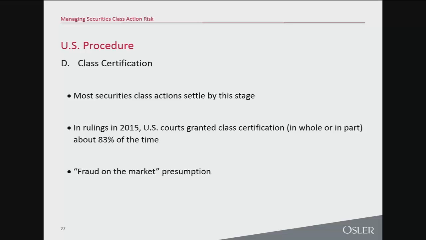And that's because, as a practical matter, if the court doesn't certify a class, it's economically implausible for either the plaintiff or plaintiff's counsel to go forward on an individual basis. Typically, even a large institutional investor will have tens or hundreds of thousands of dollars worth of potential damages at the top end, whereas trying one of these cases for the plaintiff's firms will cost them millions of dollars to go forward. So the recovery just isn't there. And effectively, if you can get a class certification motion denied, that's more or less going to end the case